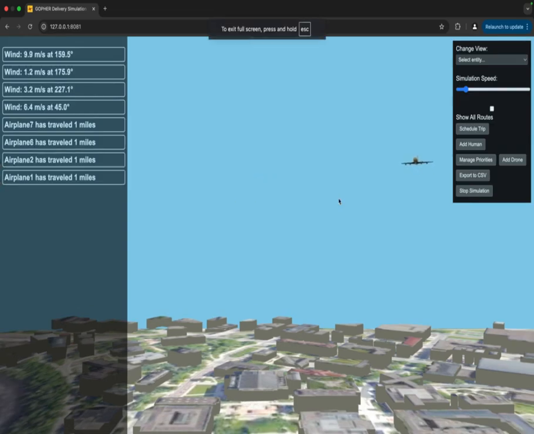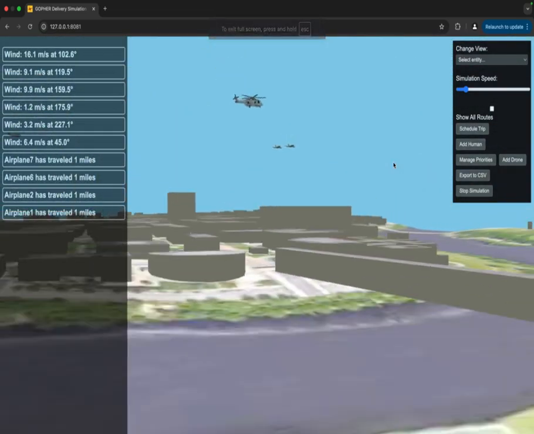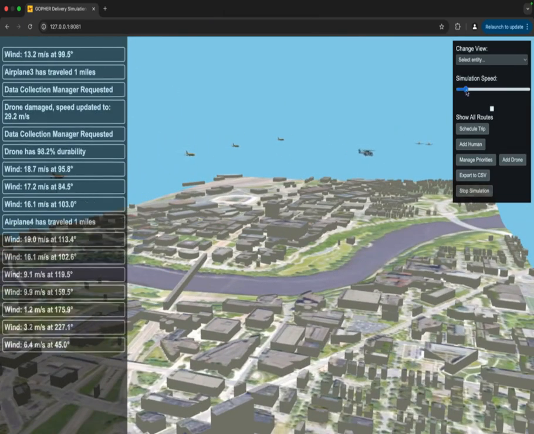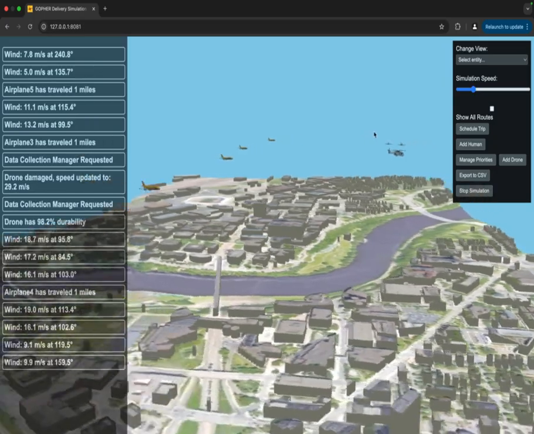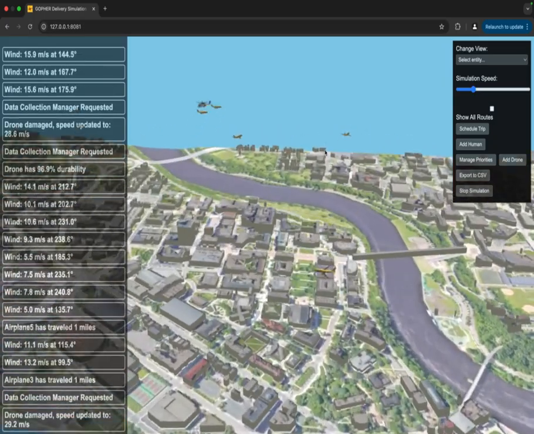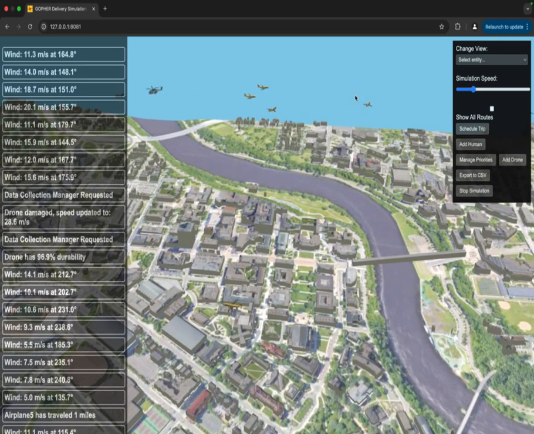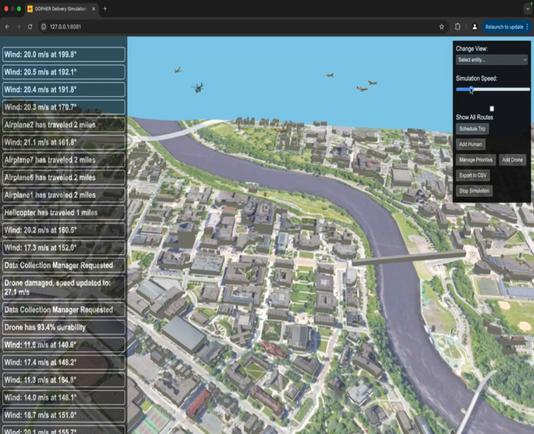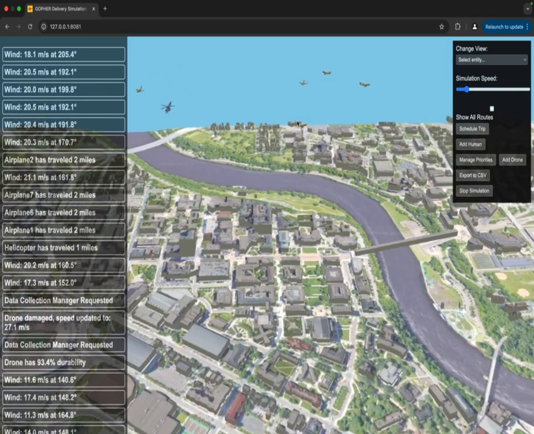So we can load it and let's zoom out. These are all of the planes in the system. And there's also a helicopter here, but the planes were used for testing purposes. And you can see that right here, the planes rerouted when they came close to each other. Let's see if there's